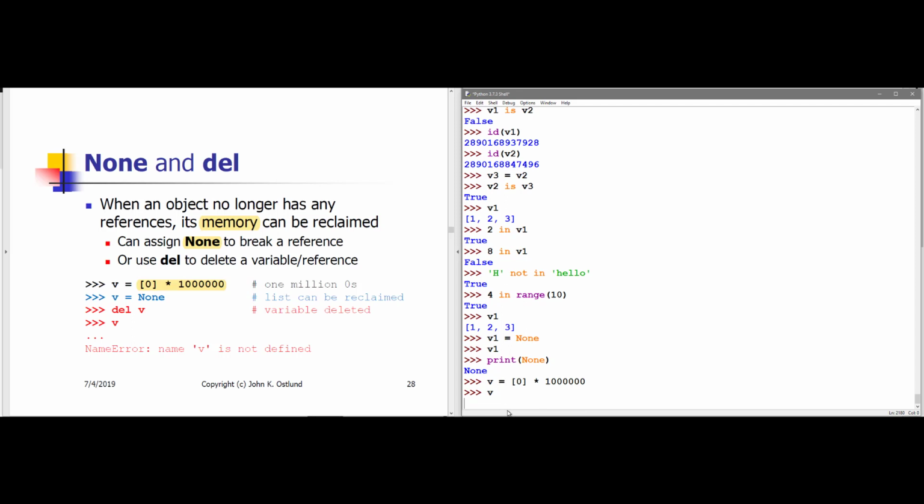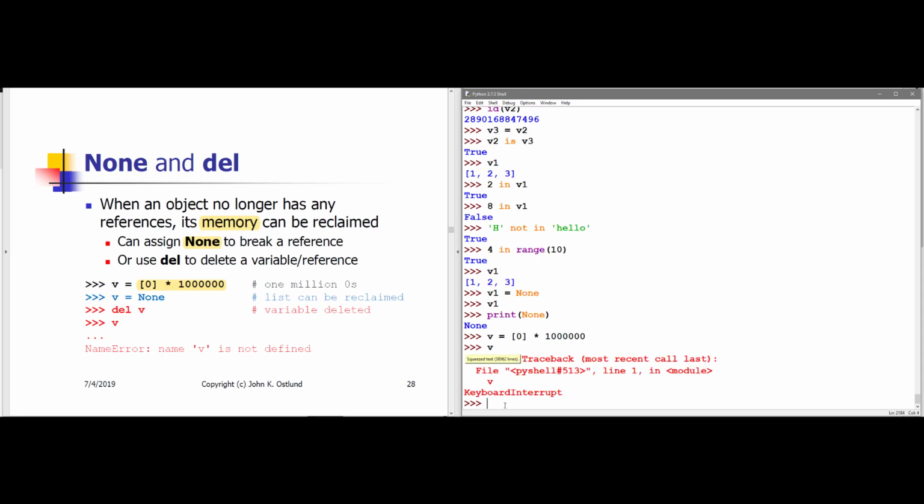Well, I'm not going to wait for that to print. All right, I'll hit Control-C. So v is referring to a very long list, and you don't want to make the mistake that I made of attempting to display v. But if I simply say v gets None,